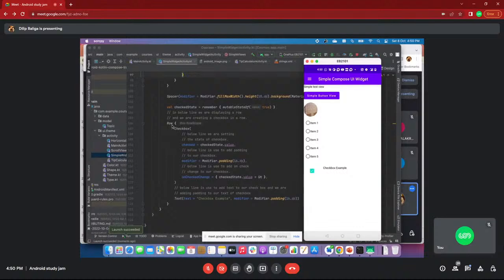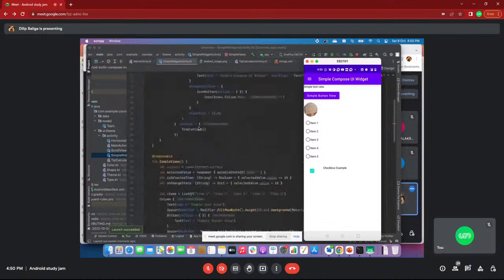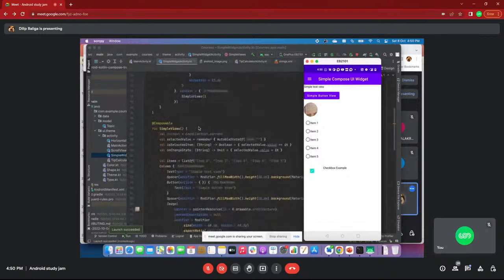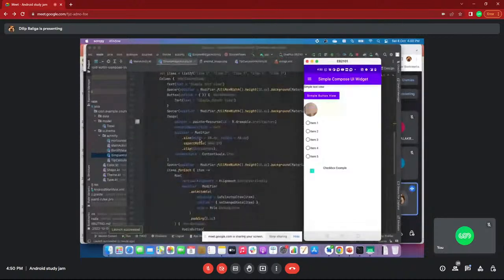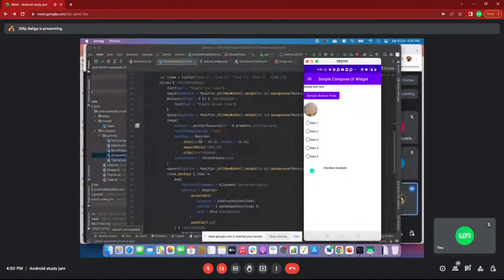Here also see the row, and the checkbox has the checked modifier and an on-checked-changed listener. I have written one more checkbox and text view, side by side, using the parent as a row. Basically, I am showing you what widgets there are and how many. Simple widgets like text, spacer, and button are there. But it is better if you do a small, simple application